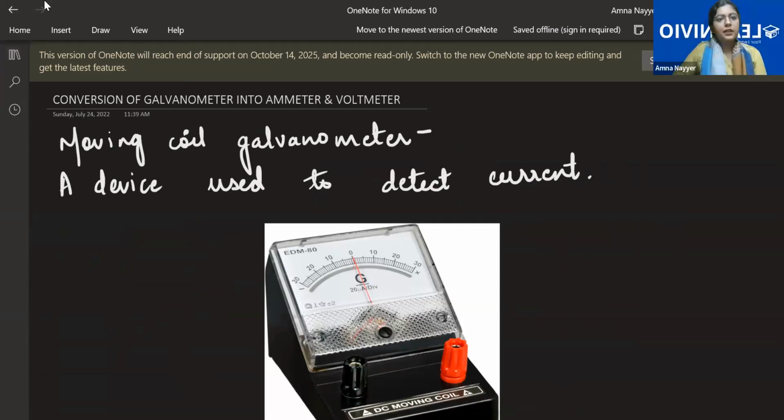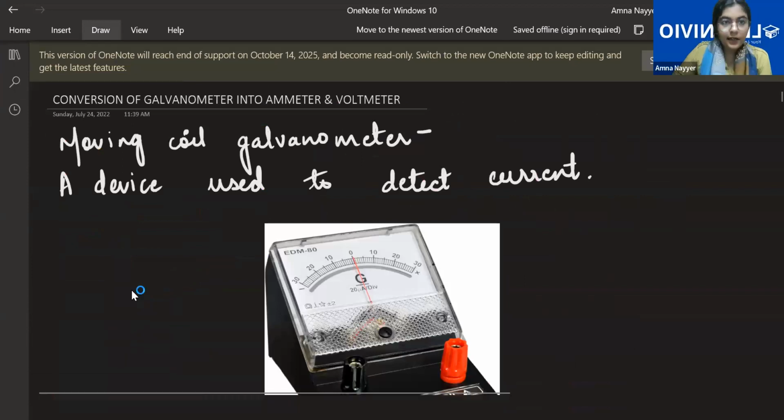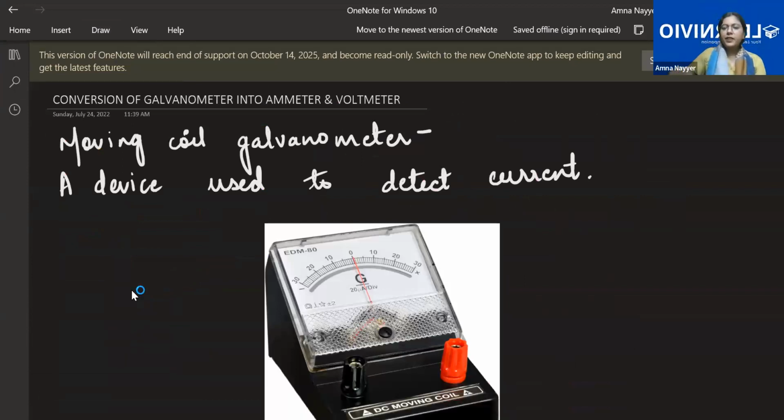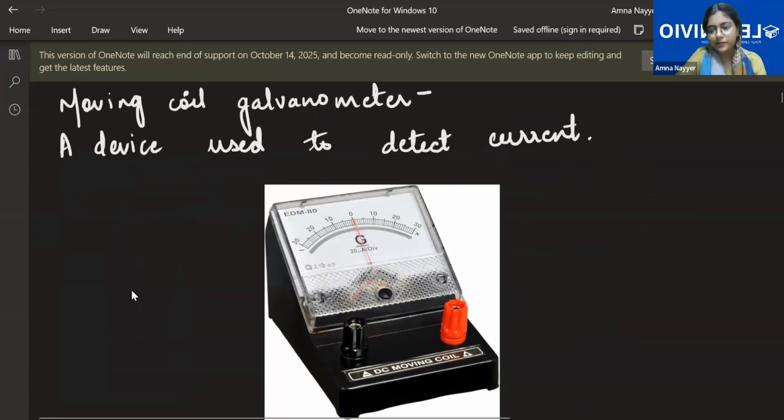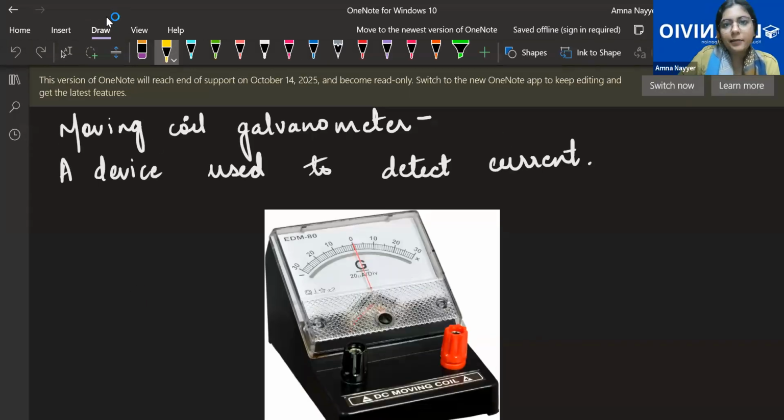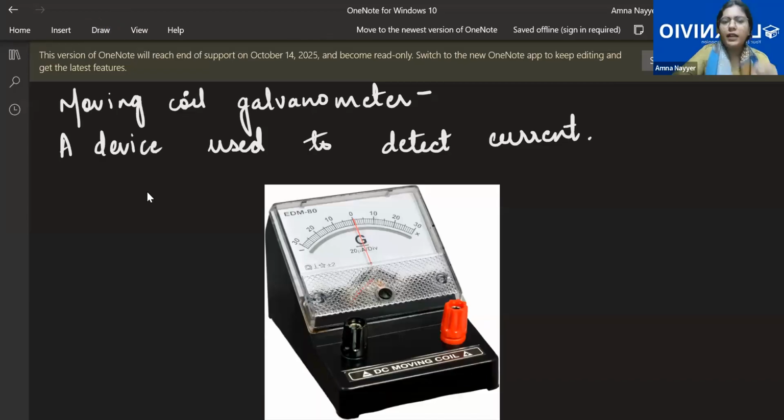Okay, Rani. What's a galvanometer? Understand the galvanometer. Very easy. Have you seen a galvanometer actually? Ma'am, in the lab. In experiments? No. Basically, what is a galvanometer? A galvanometer is just a device that detects current. Detect current means it just tells whether current is existing in your circuit, yes or no.